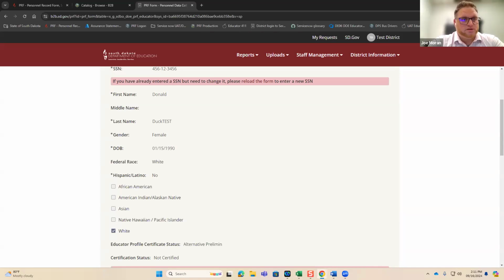There are 2 ways to resolve these issues, because it will not allow you to save the record without a race identified. One way is to have your educator log on to their educator portal, update that information, and then it will pull through. As you're all aware, that timing does not always allow us to get that all done in time. So if you're running short on time, you can also provide us an observed race or ethnicity, and we can add that information temporarily so that you can submit.